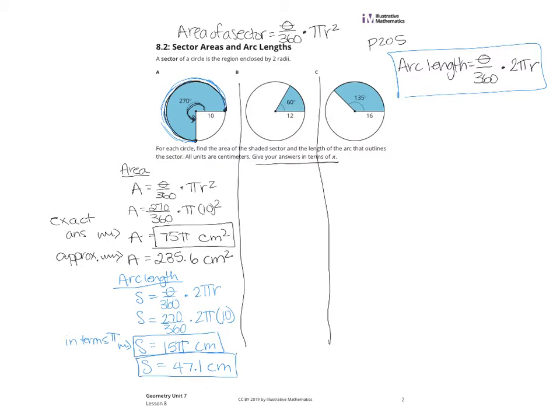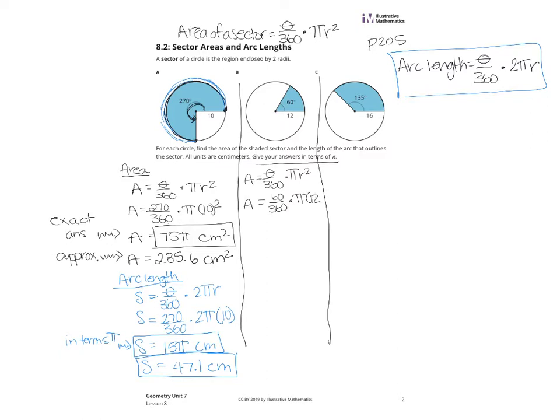So let's take a look at the next two problems. Again, to calculate my area, I need the area formula, which would be theta over 360 times the area of my circle, pi r squared. So I get 60 divided by 360, which reduces to 1/6. So this blue area is 1/6 of my entire circle. So I'm trying to find the area basically of 1/6 of my circle times the area of the whole circle,